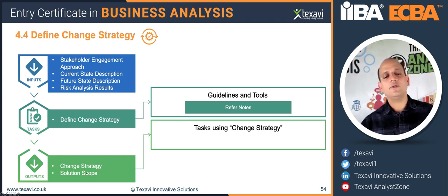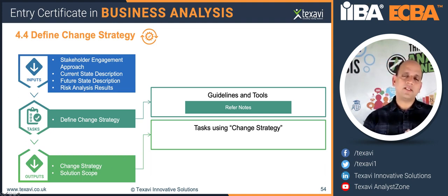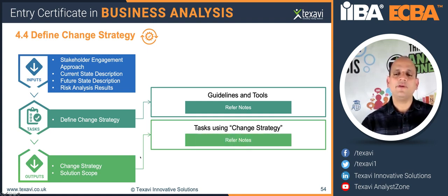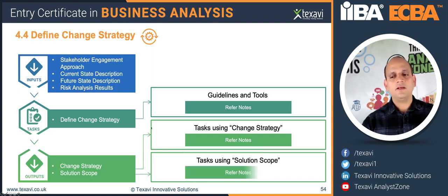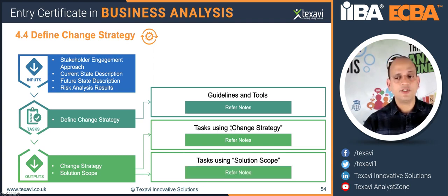And then we also need to look at the change strategy as an output, because that's going to be the end result of all the activities and tasks that we do here. Then we come up with the final solution scope, which is part of where we want to go and what lies within the boundaries of that potential solution and what lies outside. And then how we're going to address that is the change strategy, the how part, the game plan, right? So that's what we're going to address in this define change strategy. Again, the solution scope and the change strategy are the two important outputs that will come out of